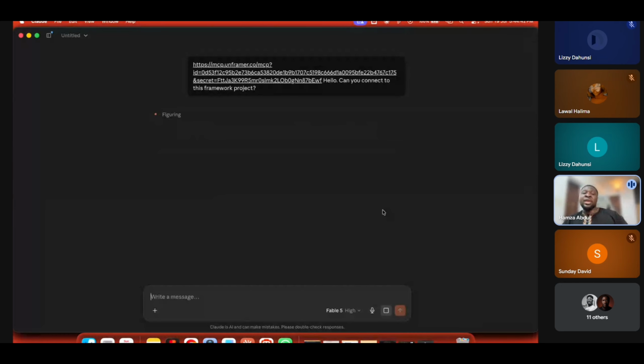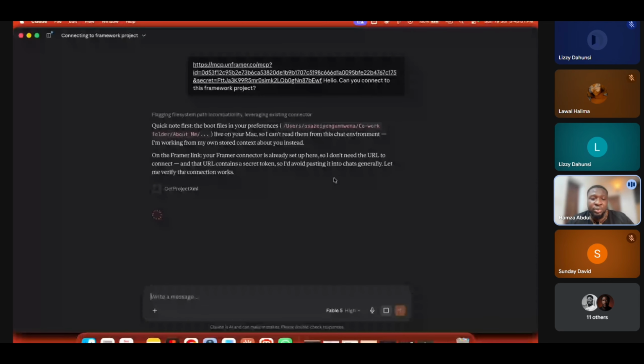One of the reasons why I don't like using the Framer desktop is that sometimes it lags, and if it's on the web, it's easy to just refresh and clear the cache. But the proper way to use tools like this is to use the app itself.